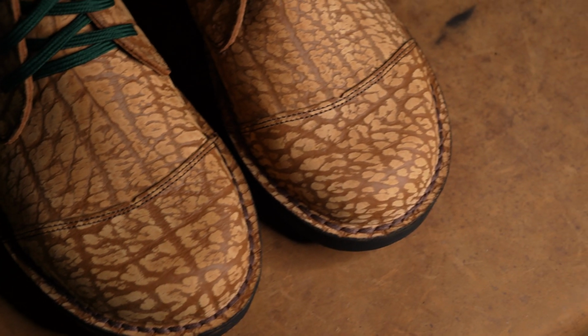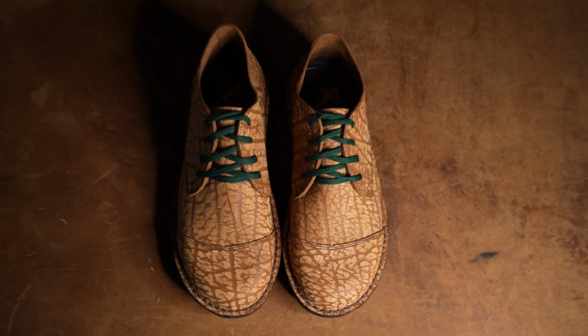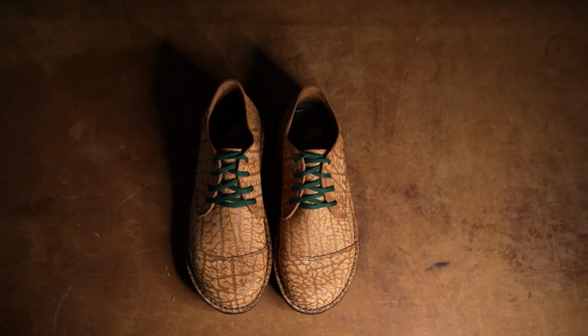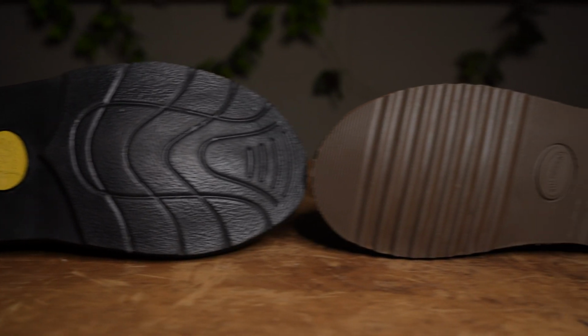with the addition of the leather toe cap, these two specs paired together will accommodate for a lot more wear and tear for the boots in the more demanding scenarios they will see out in the bush or in the office. Our next change to this custom boot is seen in the sole, where this customer has opted for a